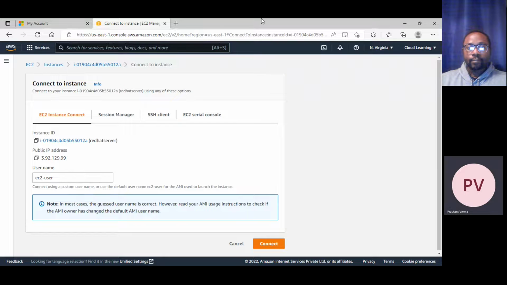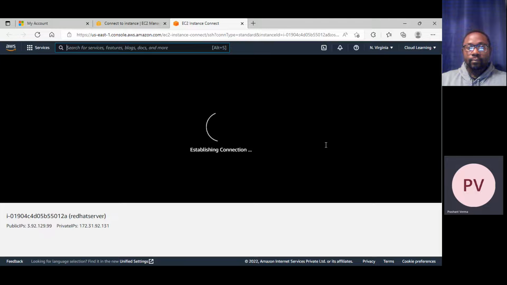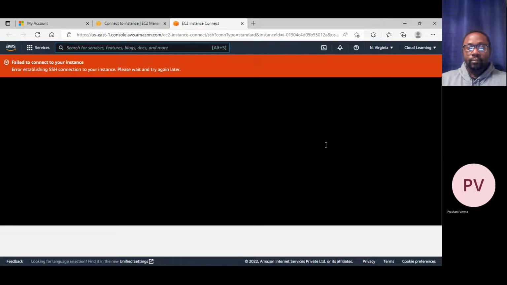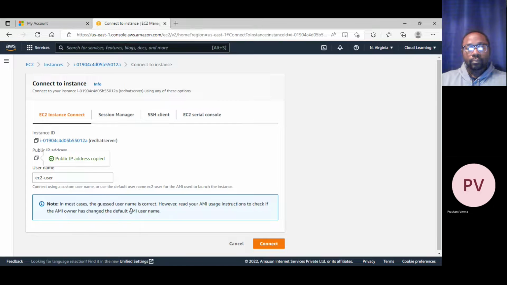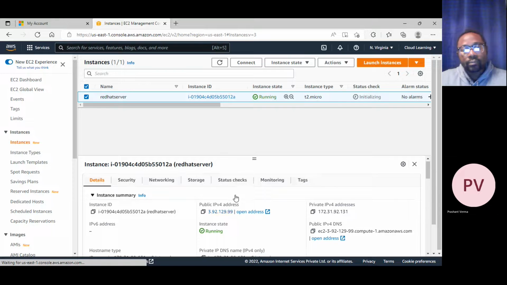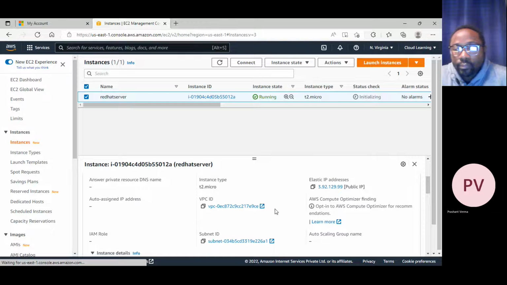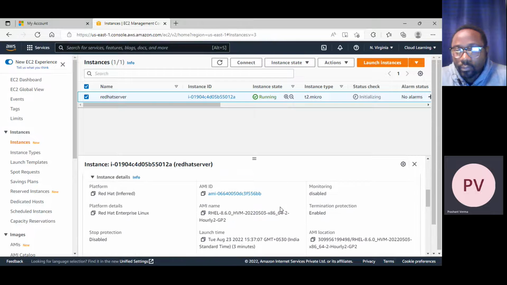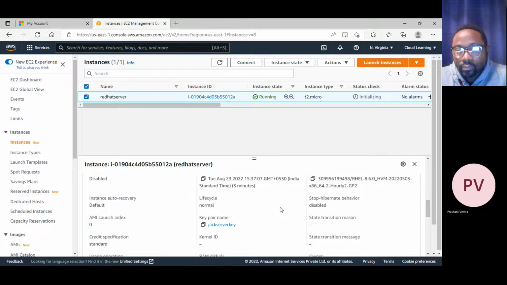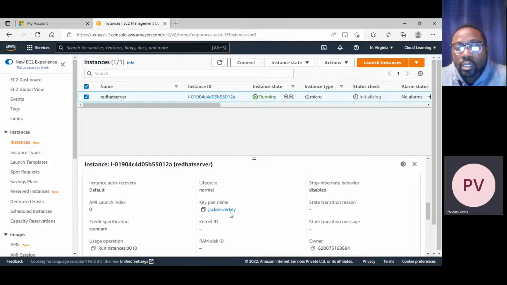if I click on Connect now, you can connect in any way, with PuTTY or the mobile system or this way, whatever you like. What was the key pair we used? Jack server.